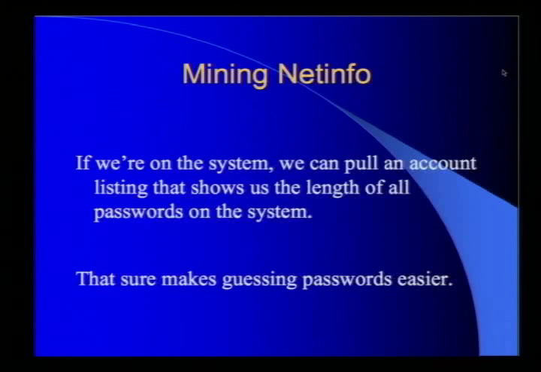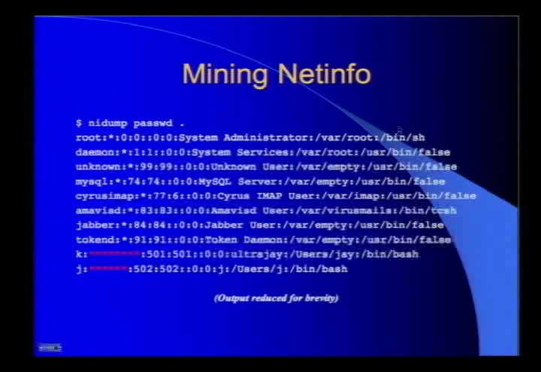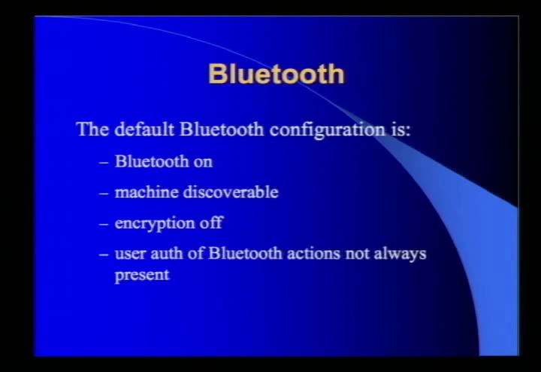Okay, what else? These are other issues in OSX, not too many. NetInfo, if you're on the system, listen, a couple of versions ago, they weren't actually even shadowing passwords. They're shadowing passwords now, but you can pull up as one user a list of all the other users, along with their password length, because it'll differ. Here, let me see if I got a slide. Yeah, here you go. I've got a K user, I've got a J user, and you can see they've got different password lengths. So we get our password length. As long as it's 8 characters or less, I can figure out what your password length is, which might make it a little bit easier to brute force. Not too much easier. What else?